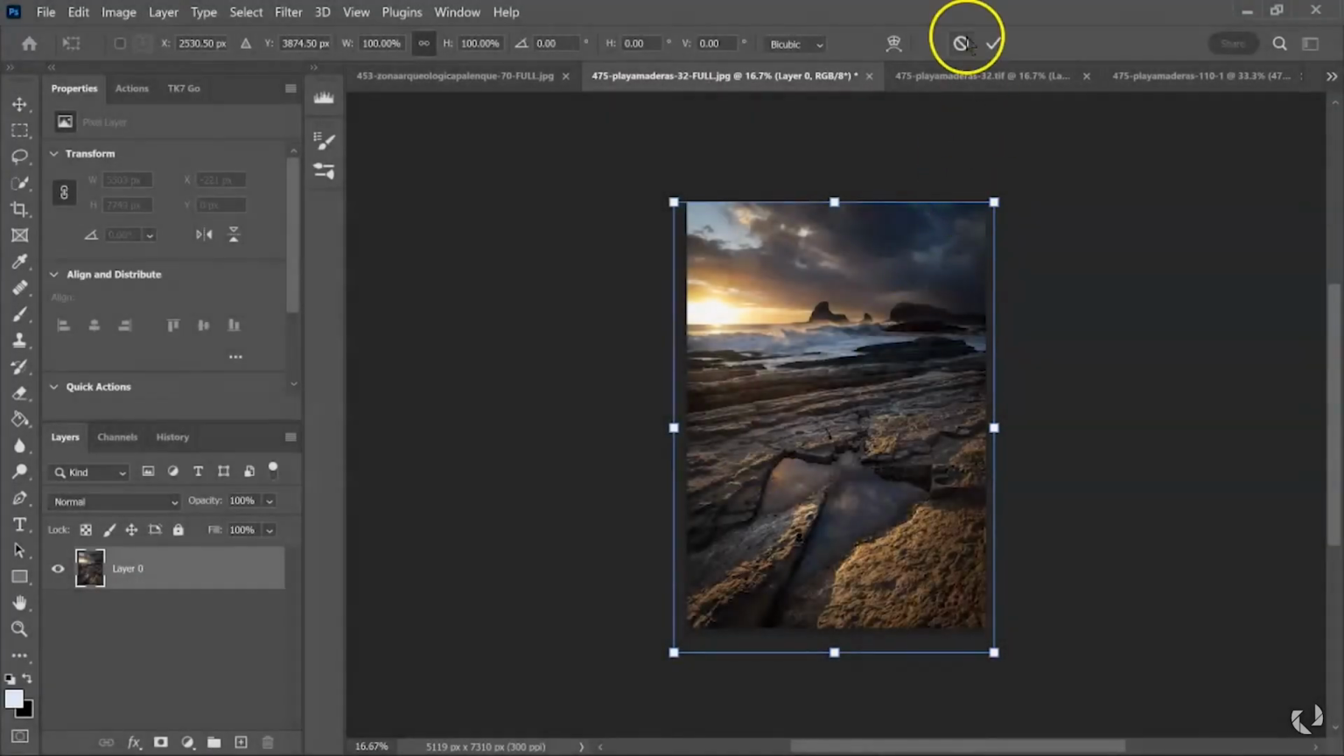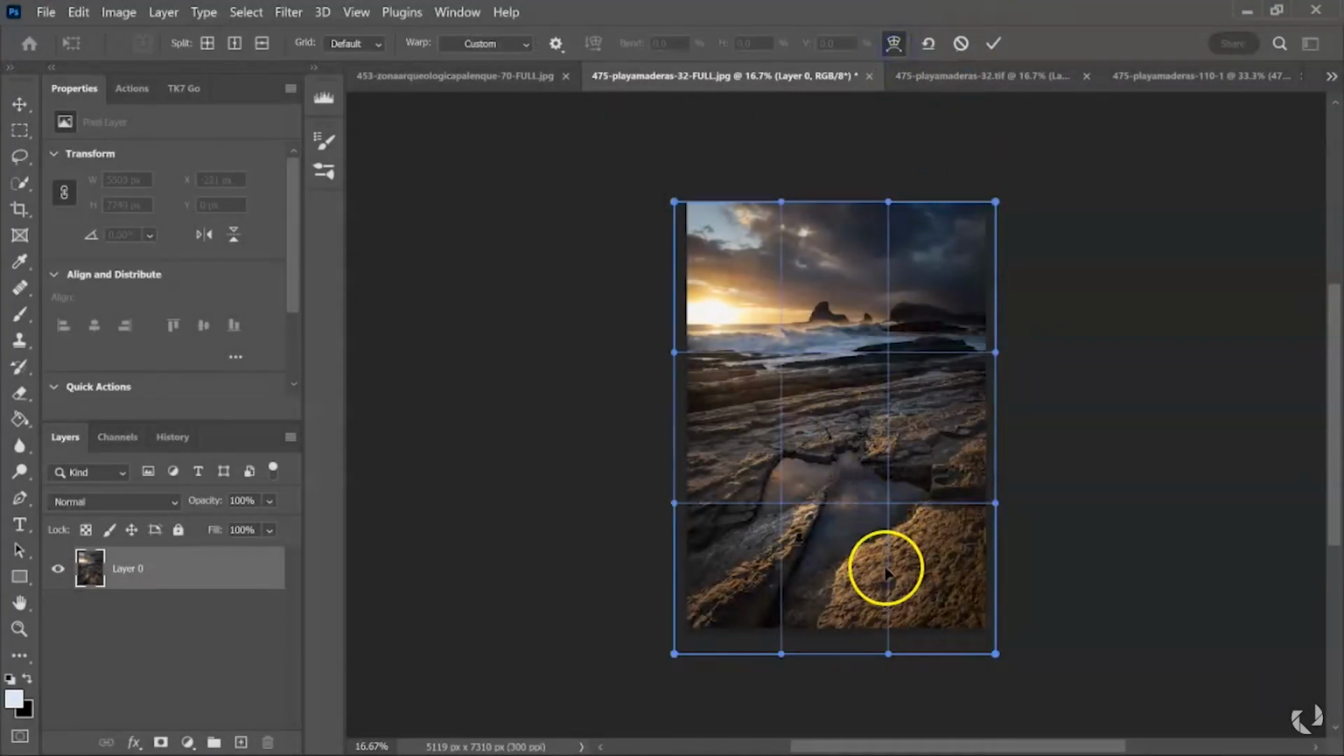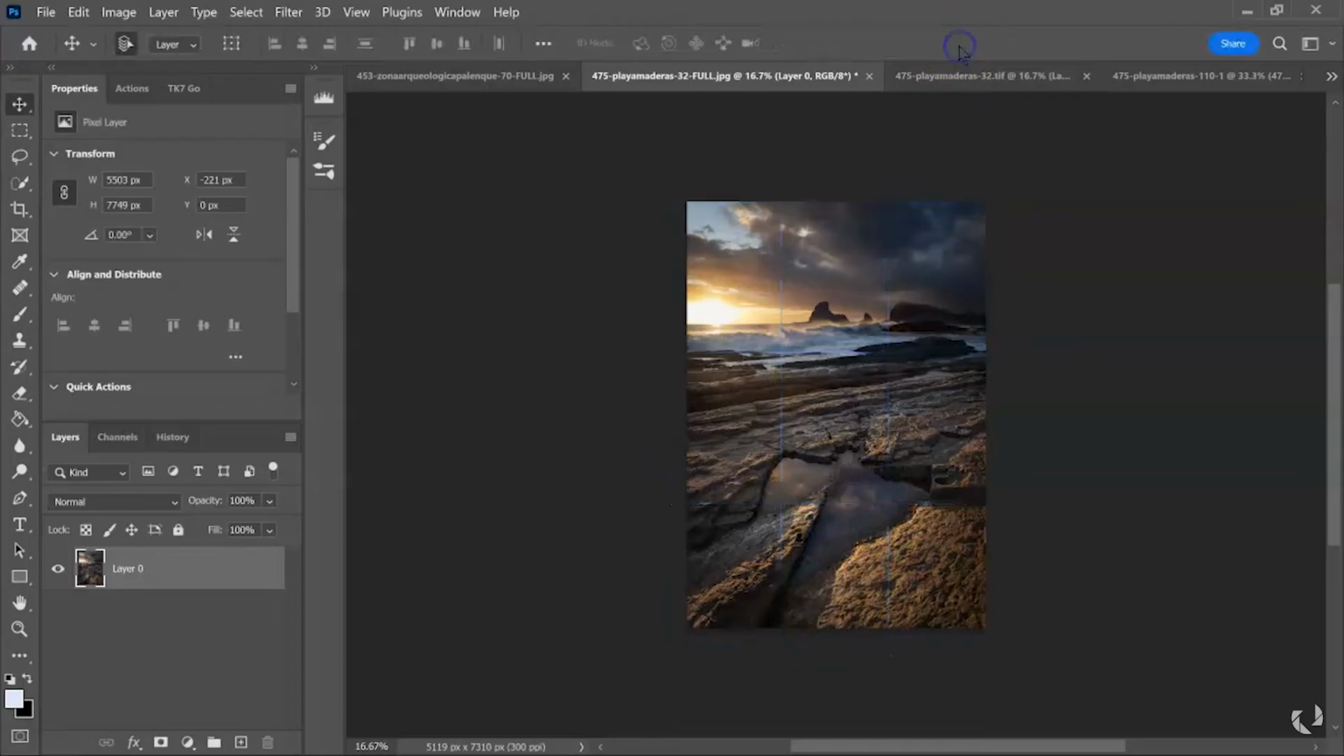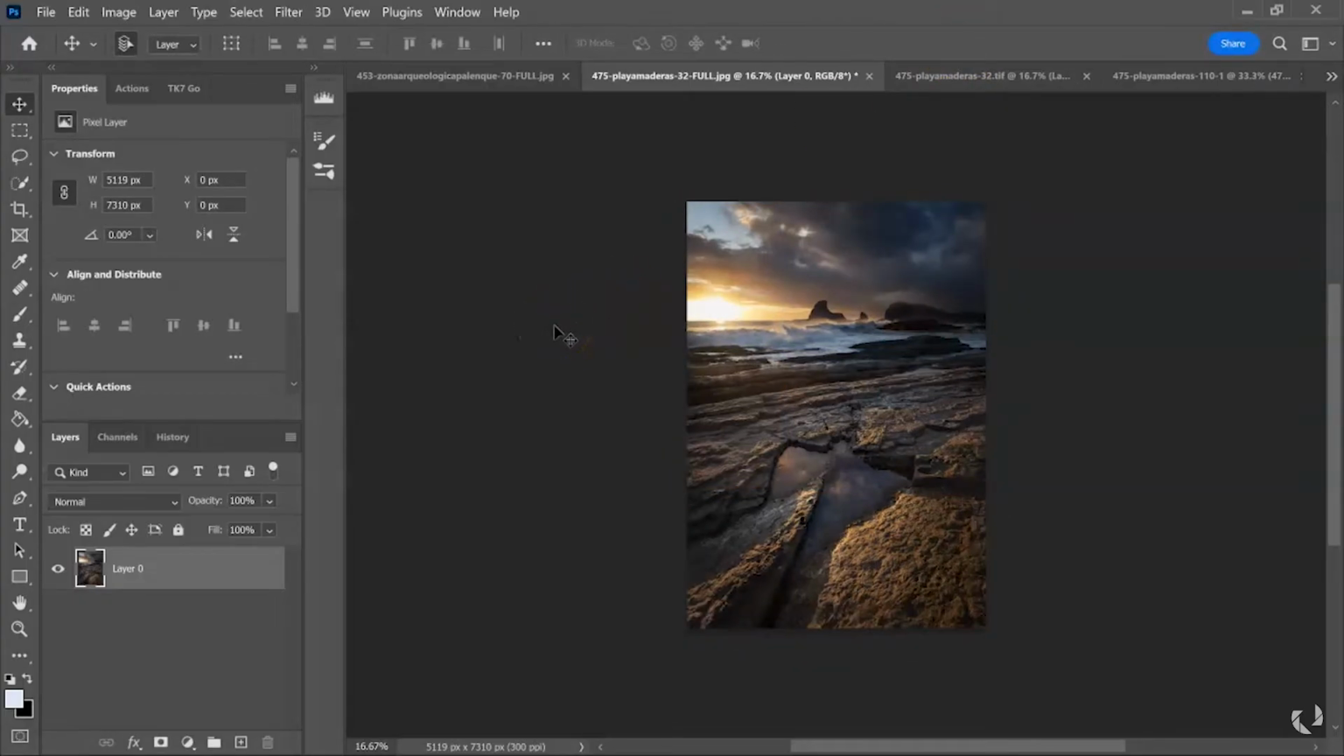If I were to hit OK, now it's going to bake that transformation into that pixel layer. Now we can't go back in the future and edit that transformation if we need to. Say we were to hit Control T now and click the warp button, those warps are already in there and we can't go back and undo those if we need to. Now, if we wanted to go through and do this the smart object way, we can simply convert this layer to a smart object,